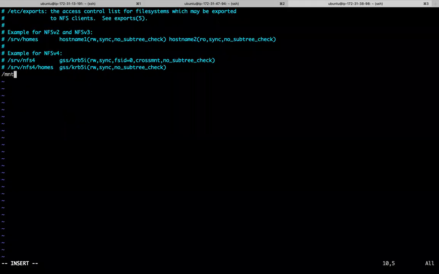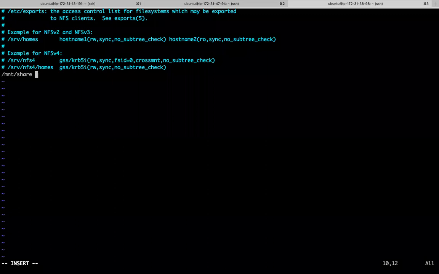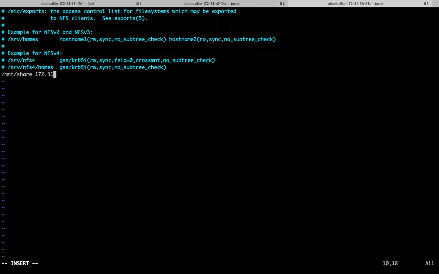So this is the directory, my NFS directory. Here I can define something like this. I can define the IP address to whom I should allow, the client IP address, NFS client. If I say something like this, what does it mean?